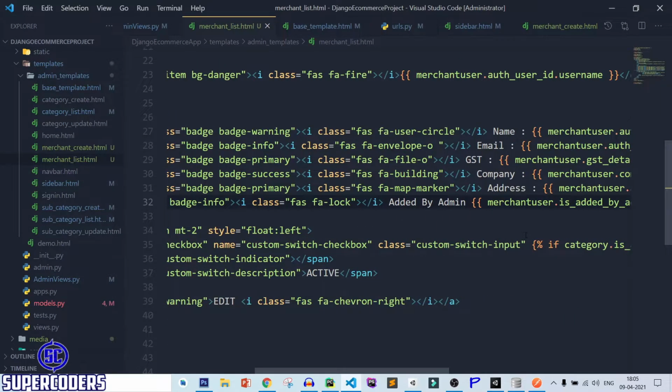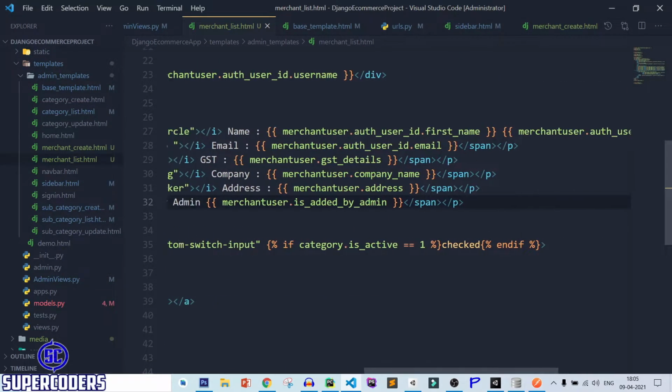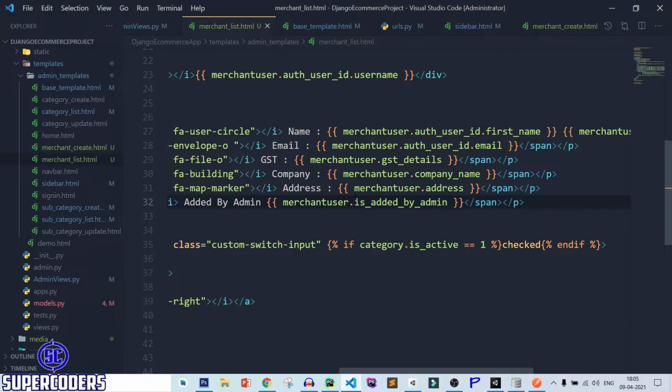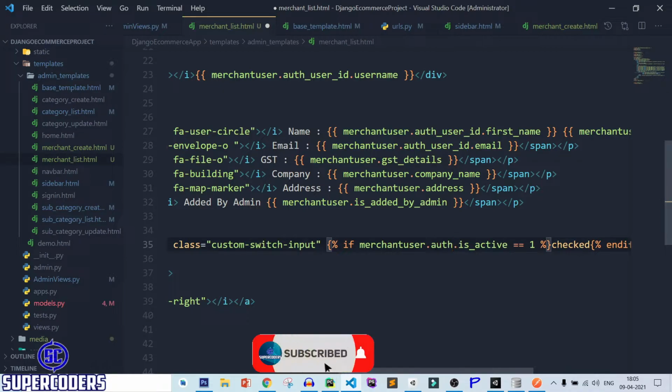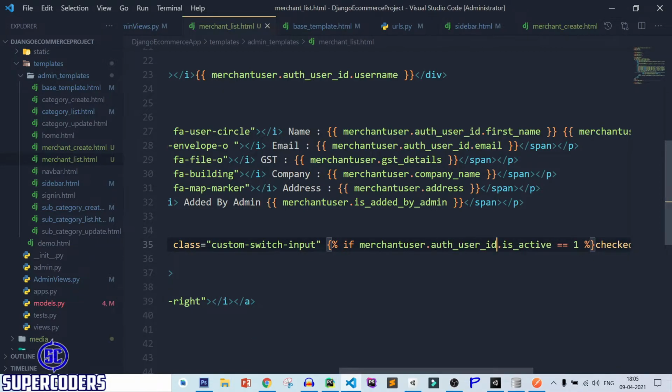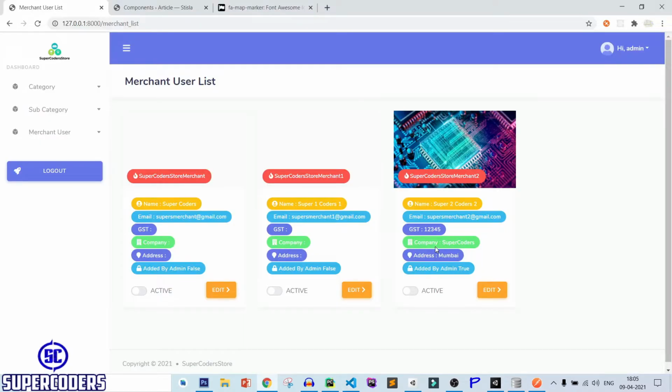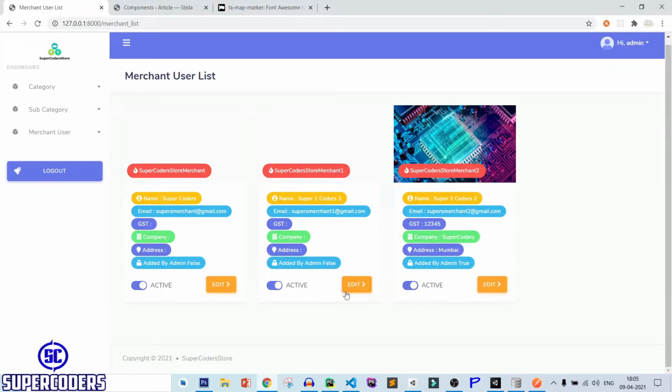So let's see here. I will check only merchant user dot auth user underscore id is active equal to 1. Save it, refresh page, and you can see it is showing active. So it is working perfect.